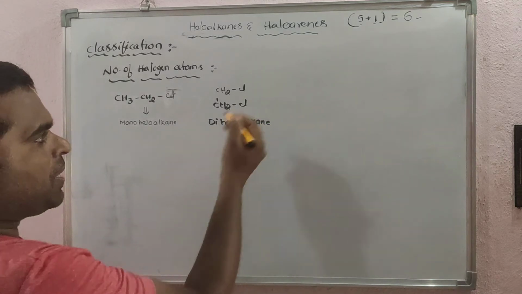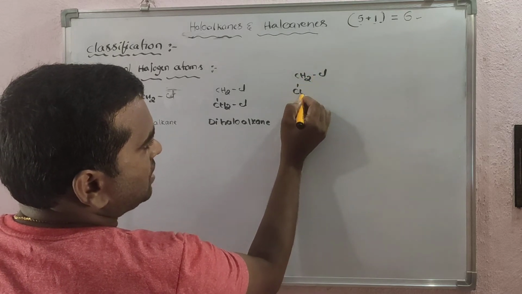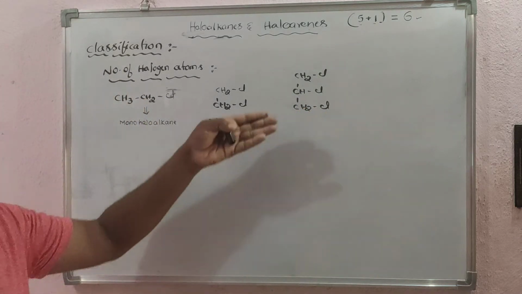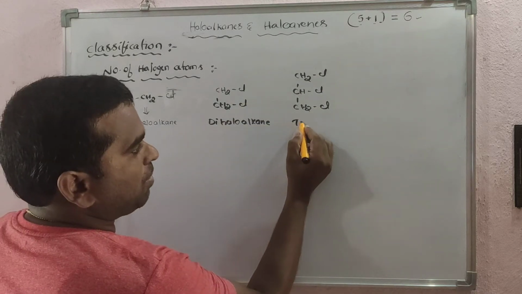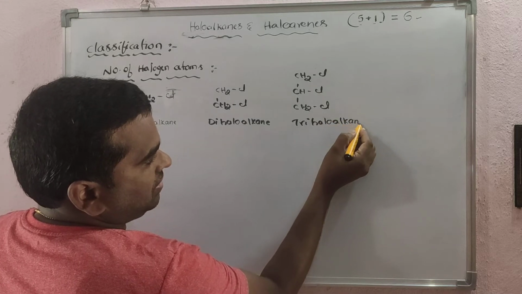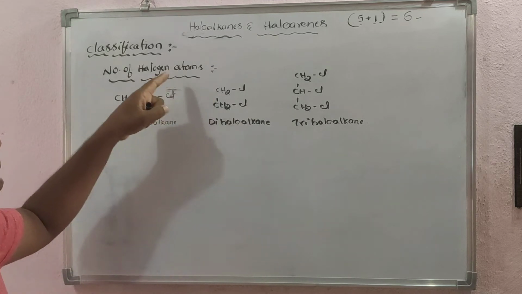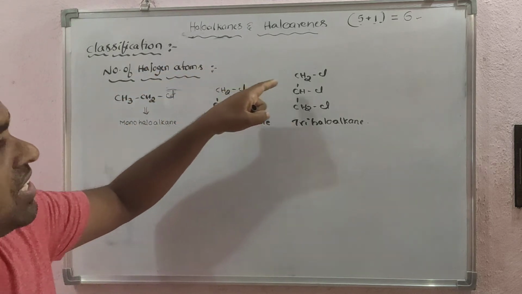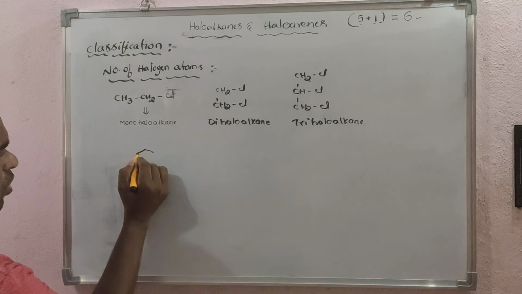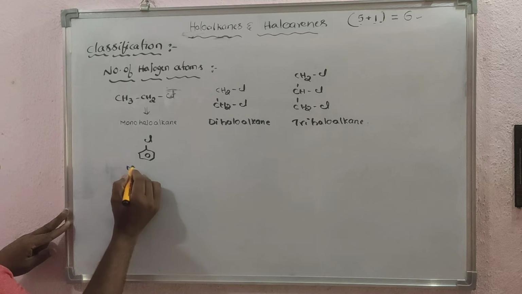Dihaloalkane. In the same way, suppose the compound contains three halogen atoms, CHCl and CH2Cl. How many halogen atoms does this compound contain? 3. So this compound we will call trihaloalkane. Clear? And these compounds are classified based upon which one? Number of halogen atoms present in the compound. These are haloalkanes. In the same way, haloarenes. Arenes means aromatic compound. Take benzene. Suppose there is a chlorine, and this we will call